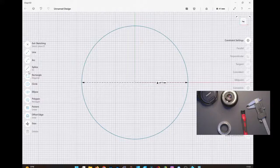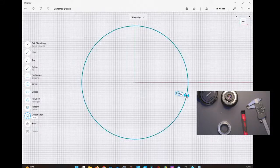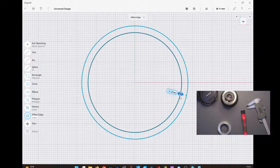Okay, so it's inset about, I know that says 3.2. If I move it too much, it's going to jump off of where I actually need it to be. So what I want to do now over here is offset the edge, and we're going to click that, and we're going to say we're going to offset that negative 2.35 or 3.25, right? So we've got that interior circle